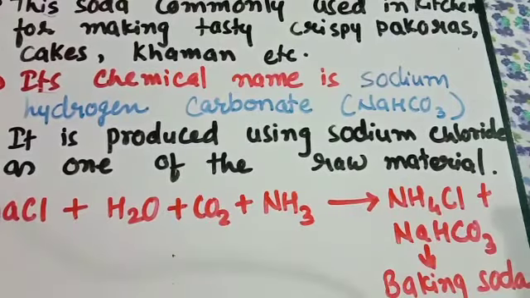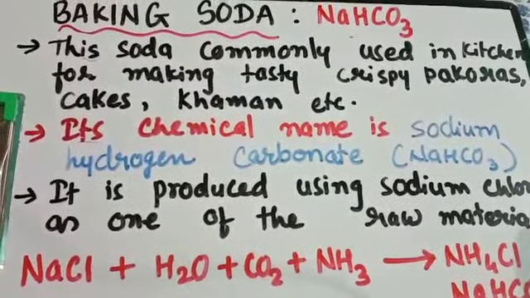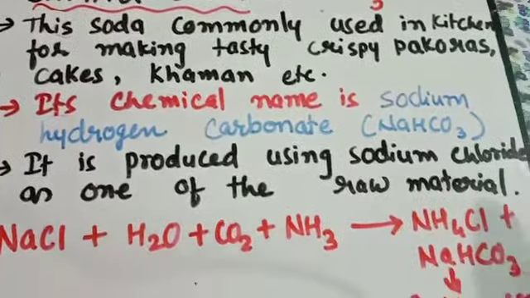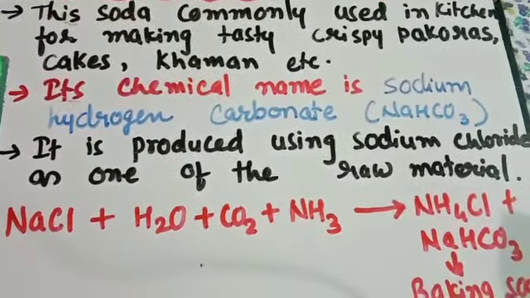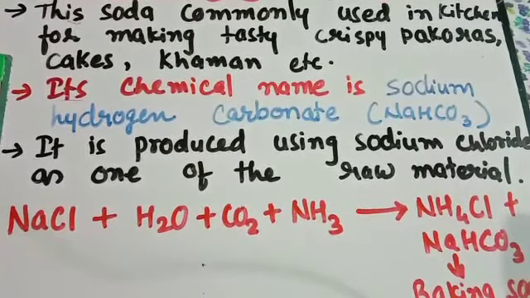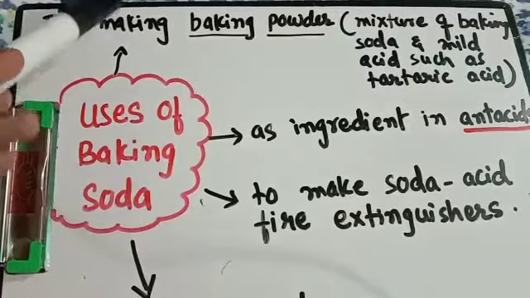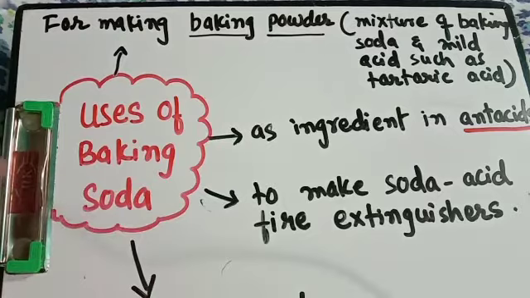Afterwards in your textbook they ask what the pH of baking soda was when you did activity 2.14. Remember it gave us blue color. Blue color means it is basic in nature, and hence it is used in the remedy of acidity. Now let's go for the other uses of baking soda. There are 4 main uses.